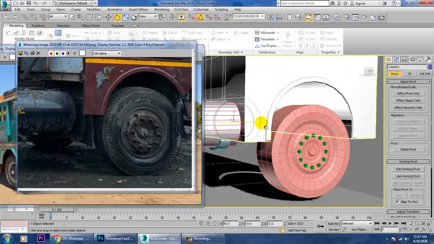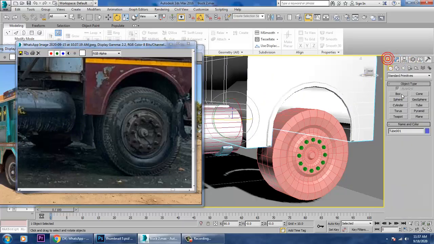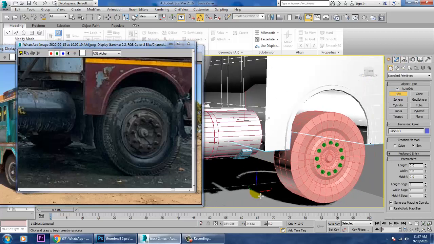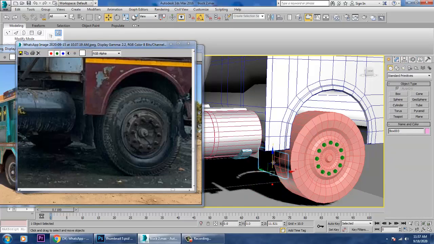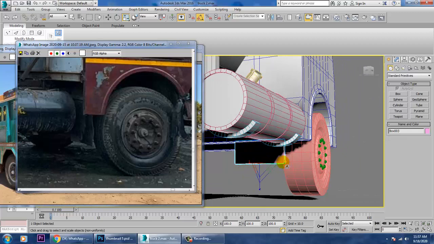For that, let's again go into this and just take a box over here and just push this box up over here in this way. Scale this over here.